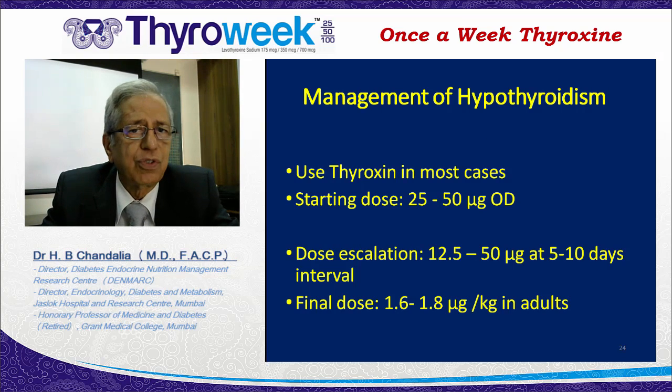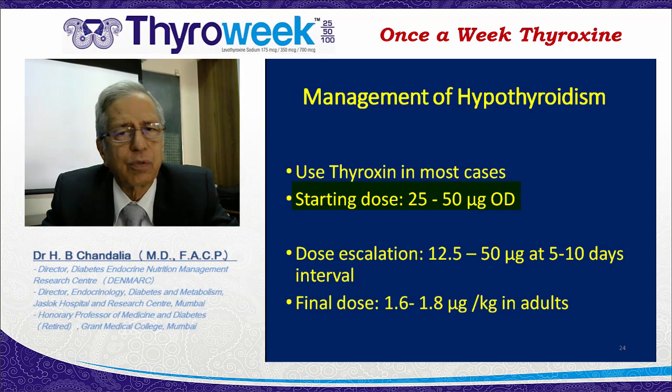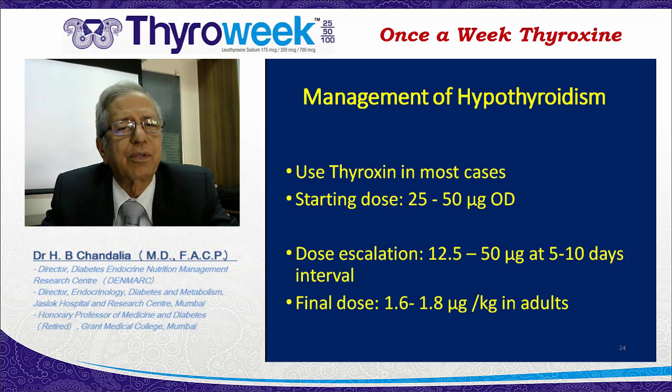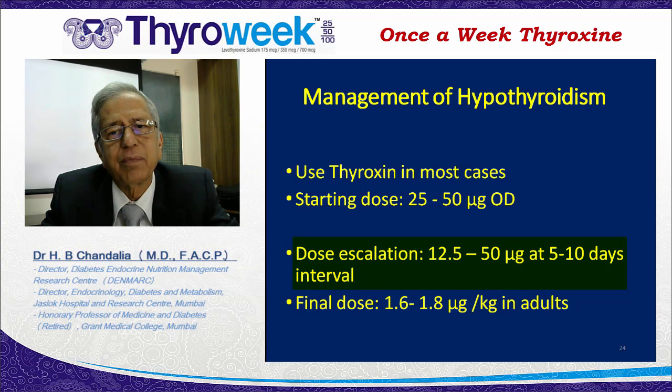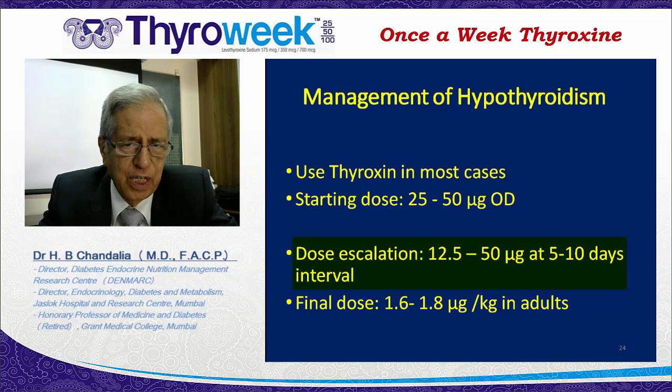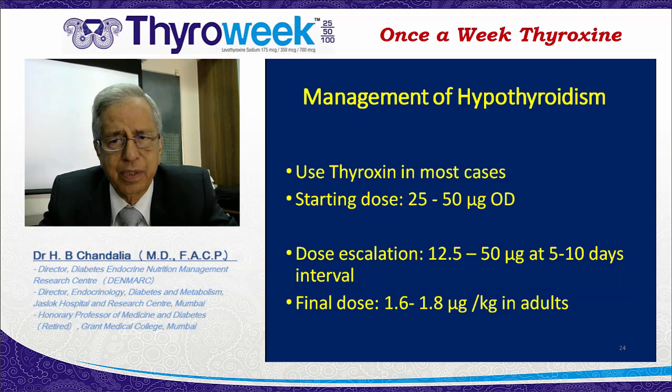Now, what kind of dosage should you use? When you are going slow, your starting dose will be as low as 25 microgram. In some of the patients who are suffering from cardiovascular problems, it is advisable that you go as low as 12.5 microgram dose to start with, and you are going to escalate the dose roughly at 5 days interval. And anytime the patient has sudden symptoms of tachycardia or discomfort in the chest or any such discomfort, you are going to probably continue the same dose for another 5 days before undertaking escalation of the dose.